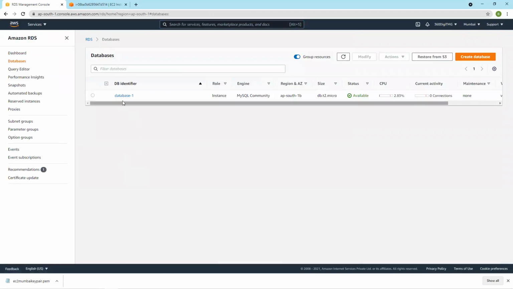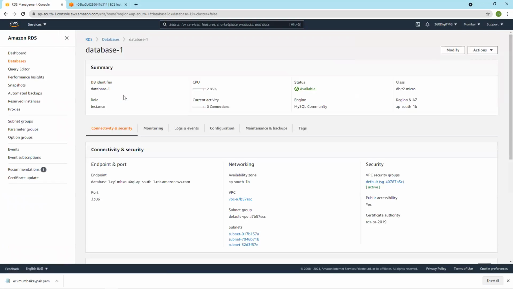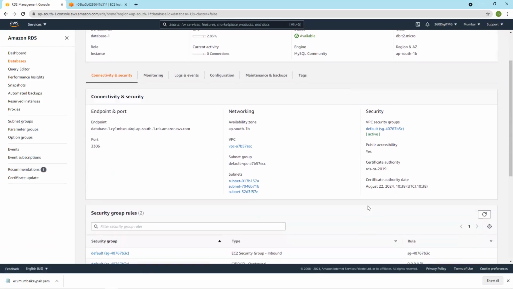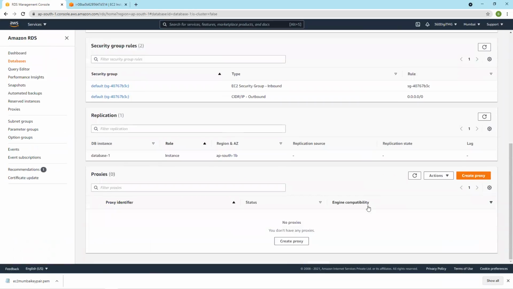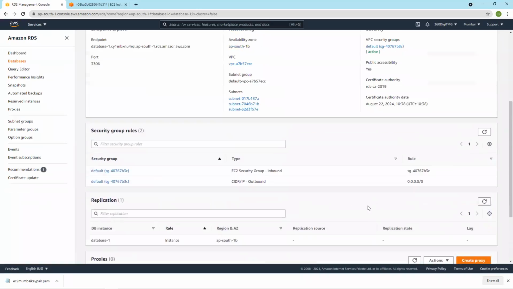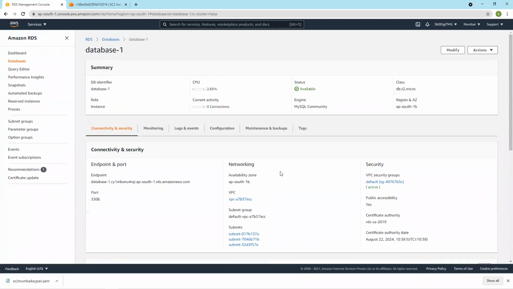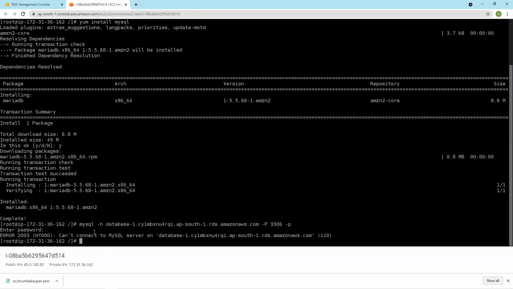Databases, public accessibility is yes, it's there. And then we should be able to connect.